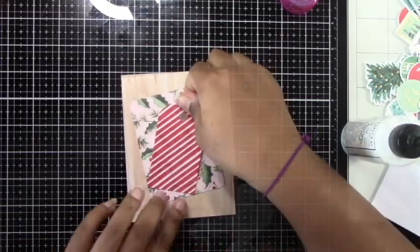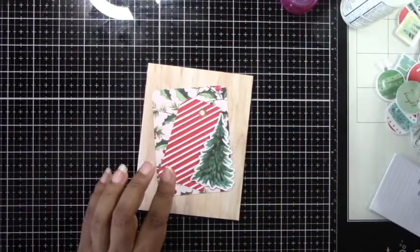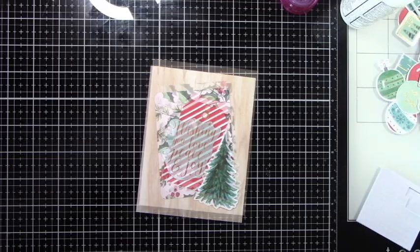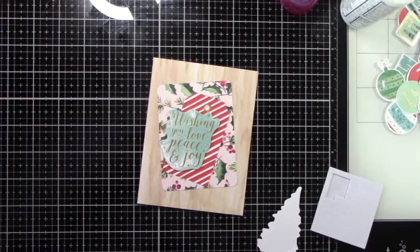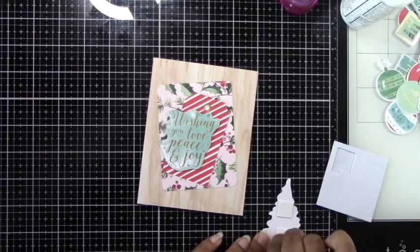And I decided I would do a bit more layering on this card, so I added this little tag, which also comes with the kit. So this kit has a bunch of little tags in there as well, which is perfect to coordinate your cards with your gift tags. Again, another benefit of getting this kit. I really do have to vouch for these Christmas card kits by Spellbinders,